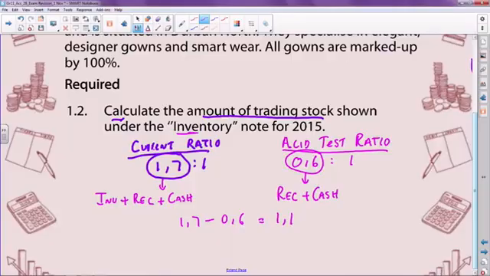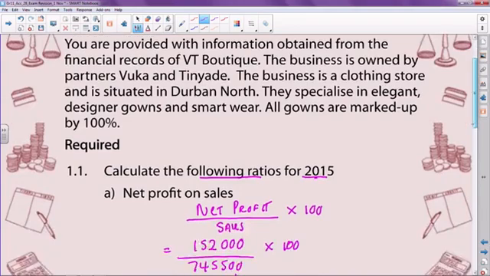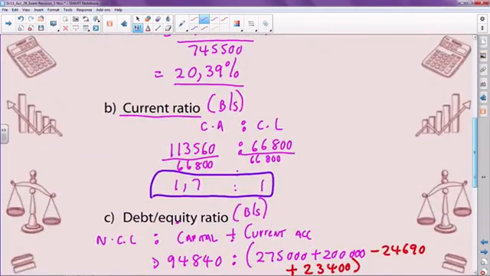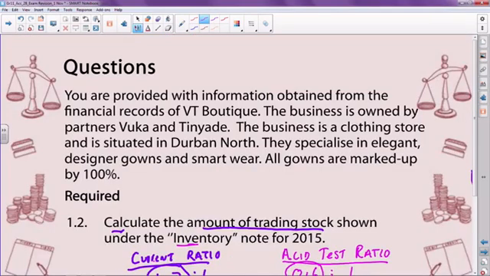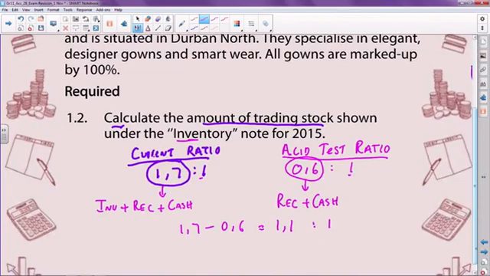So immediately, I'm now going to turn my focus to my current liability. What is my current liability figure? If I look at my current liability figure, let's just go to the previous question where we used current liability. The figure was 66,800. That was my current liability. So if I take that through,